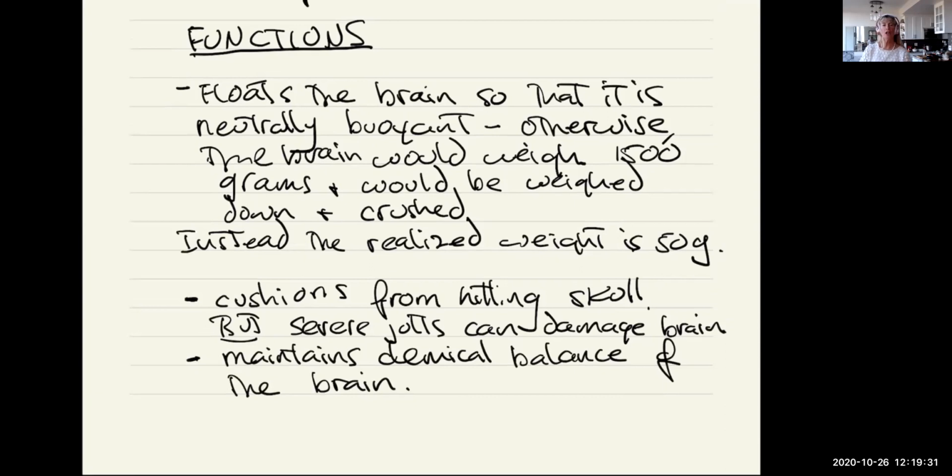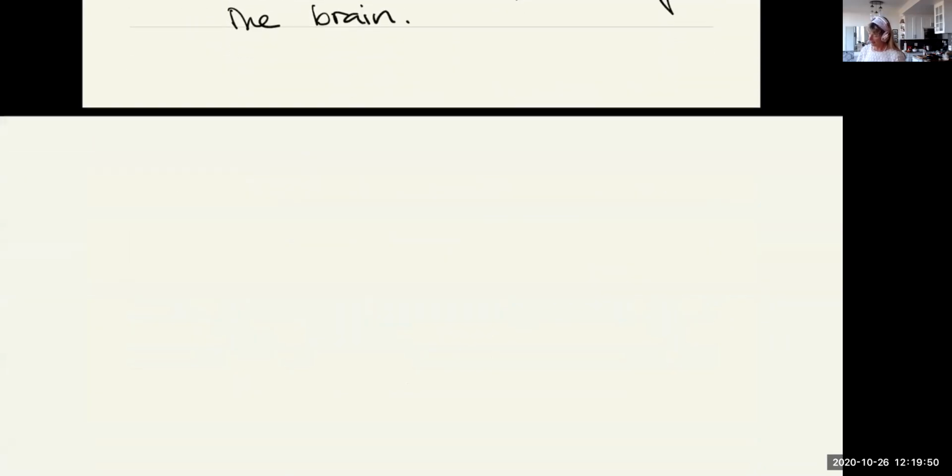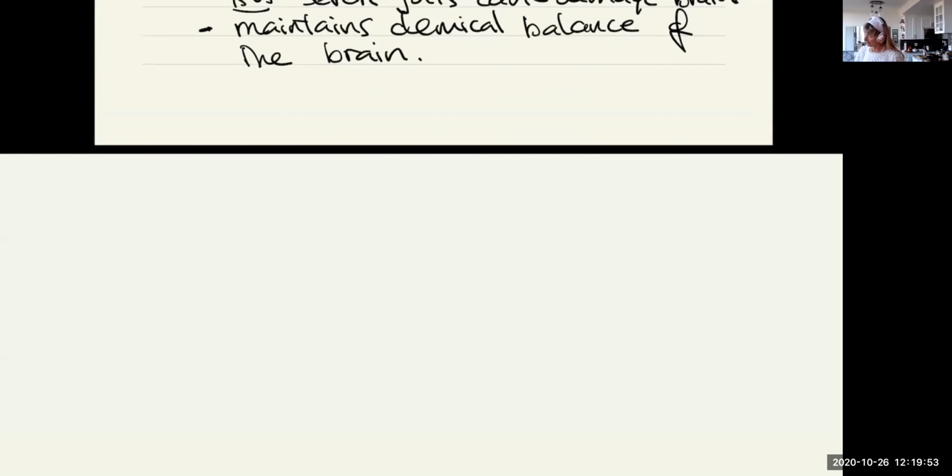Have you ever heard of the blood-brain barrier? The blood-brain barrier? So, as you can imagine, the brain requires an awful lot of energy. So yeah,